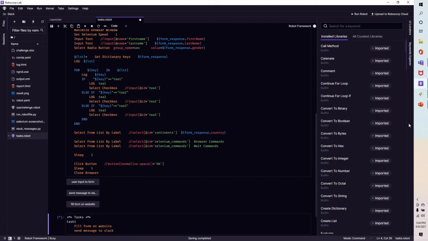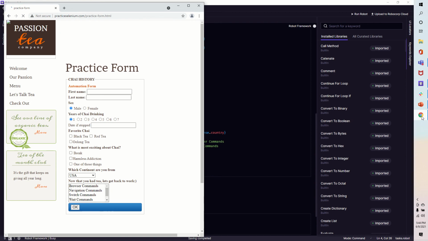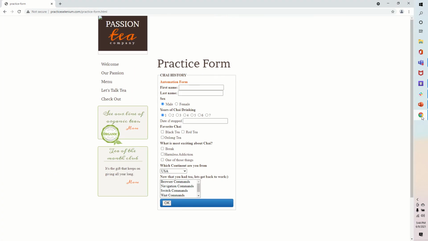Now you can see it has triggered. I have reduced the speed so that we can capture the changes in the video. It has entered the first name, last name, and selected the female radio button. Now it will check black tea, and now red tea.